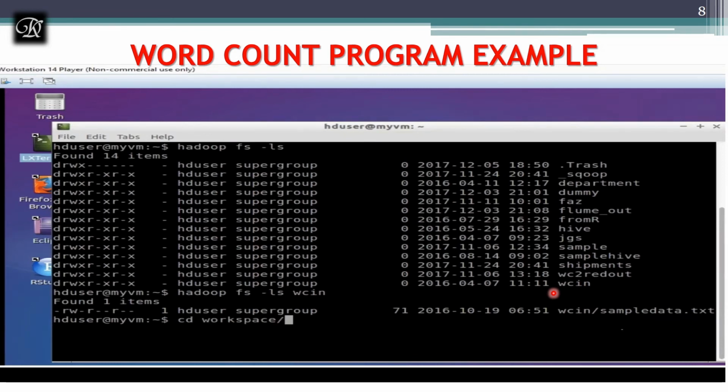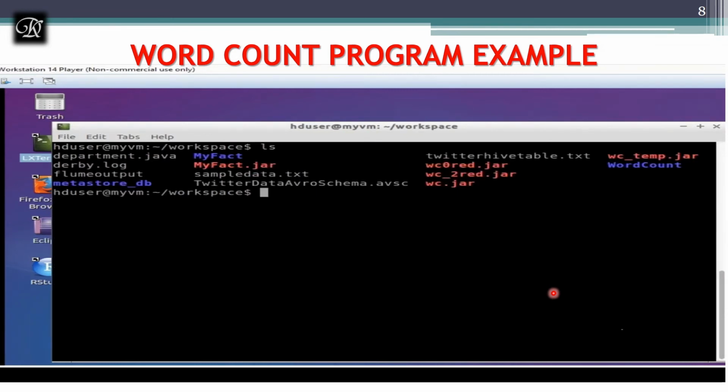Let me get into workspace. I'll get this wc temp.jar to my HDFS file system, because I am not authorized to run it from my local system. See, I'm going to use wc temp.jar.